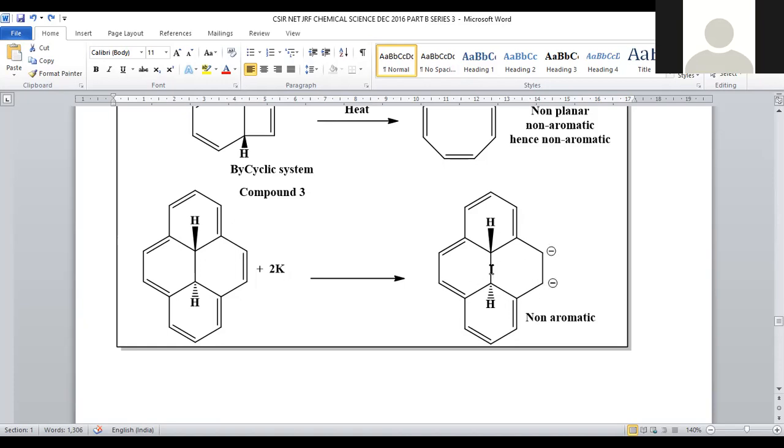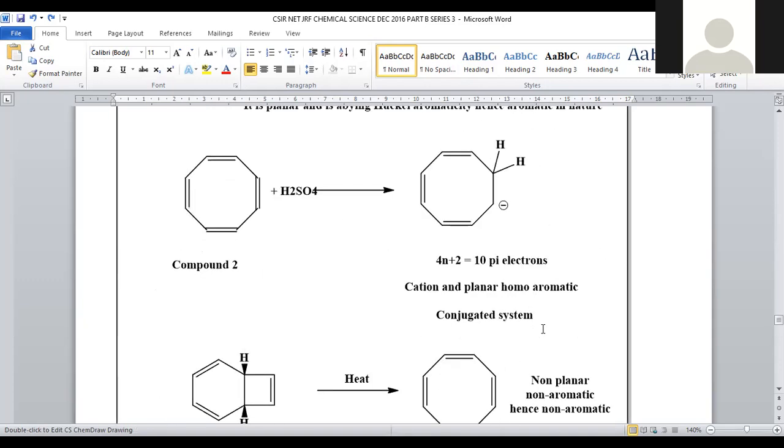Again, we can say in this molecule no conjugation is present at the bridgehead carbon atoms, as these 2 carbons are sp3 hybridized. Sp3 is not at all preferable. That is also one of the conditions for aromaticity. All carbons should be sp2, planarity, 4n+2 pi electron system, and a cyclic system. All these are the parameters for aromatic nature. So here the sp3 carbons will not satisfy aromatic nature, so it is also not an aromatic compound.